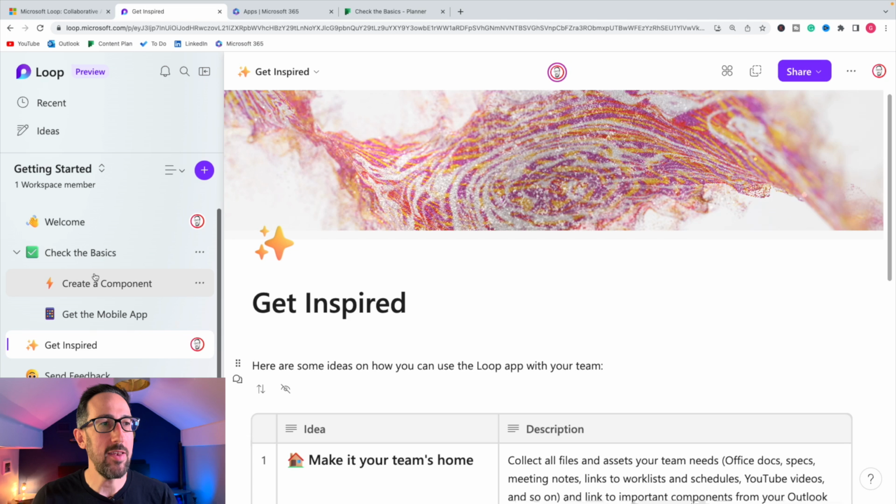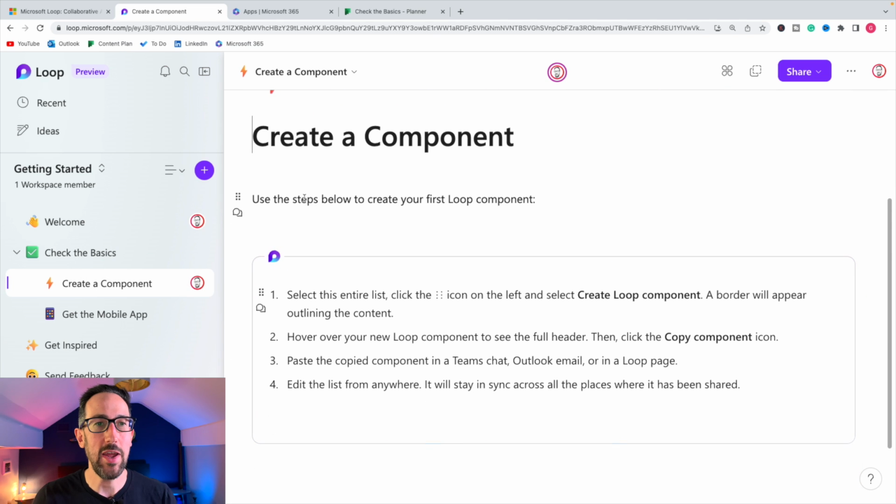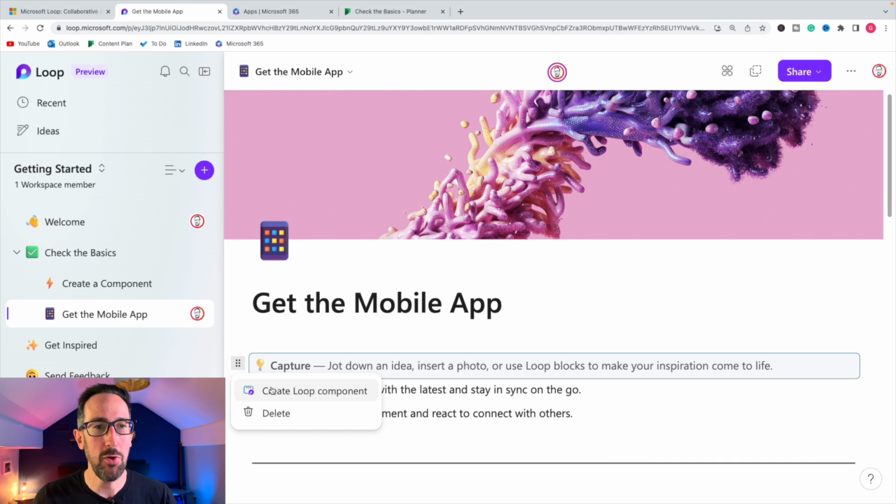Like I say at the start, it would be better, in my opinion, if Loop and OneNote were the same app. Obviously, they've got the handwriting thing to get over, so probably that won't happen. They'll just feign that one's for one thing and one's for another, which it's not really. So you can add a page, you can have indented pages. So this one's showing you how to create a component, which is what I've already done here. So we can create a component that's just that one line,